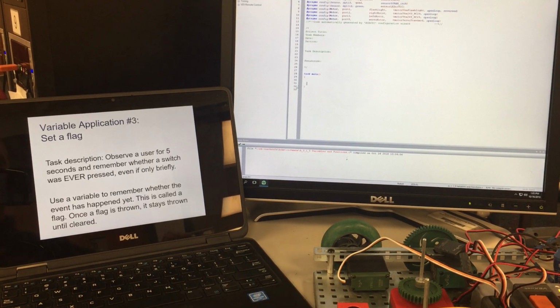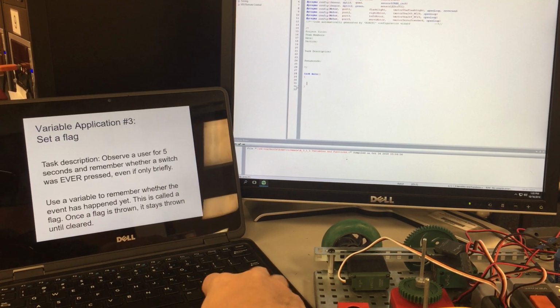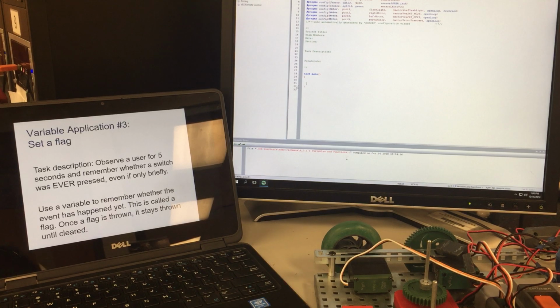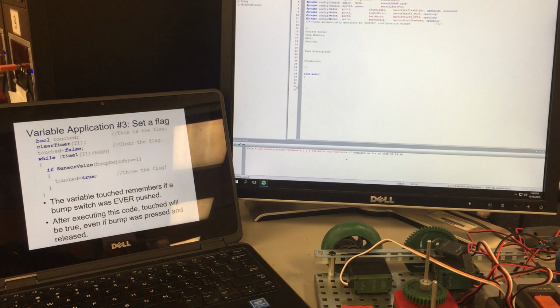So now we're on to variable application number 3, and I'm not going to do every single one of these, but this is how to set a flag. For example, an observer could use this for 5 seconds and it could remember whether a switch was ever pressed, even if only briefly, and that is through Boolean logic. So we have bool touched right here, and I'll go ahead and type these out just so you can see it over here, but underneath the task main,